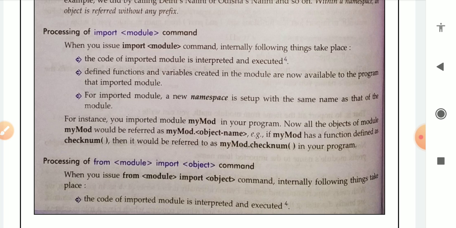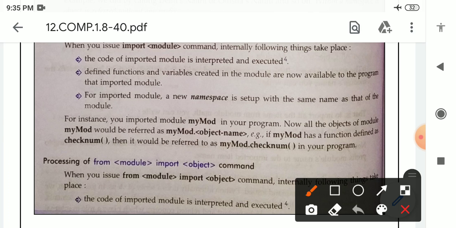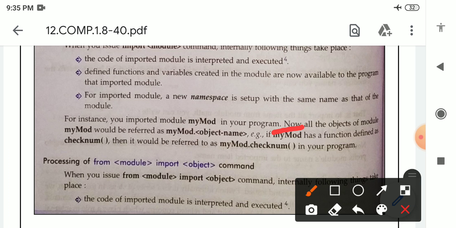Whenever we import a module, we can easily access and use the functions present inside that module. So the name of the module is my mode, and the function inside it is checksum, which we can easily use.